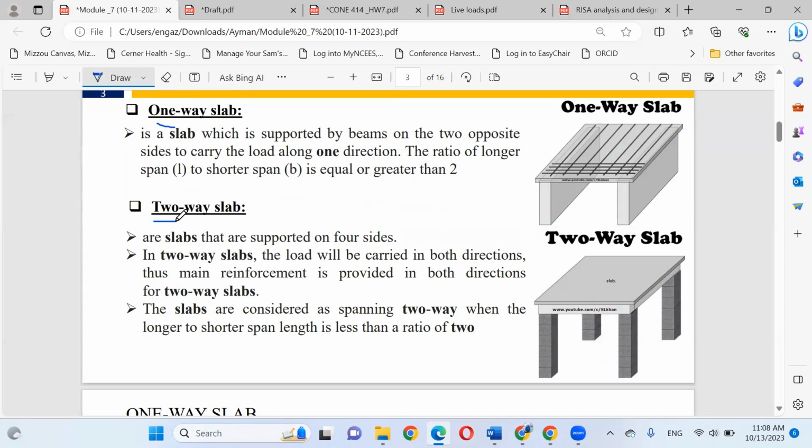We need to figure out what type of slab before starting if you decide to solve your slab by hand, because each type will have a different technique to solve, analyze or design your slab if you decide to use hand calculation. But if you are using software, it's not a big deal to find out the type of your slab. Is it one way or two way? This is what we will do today.